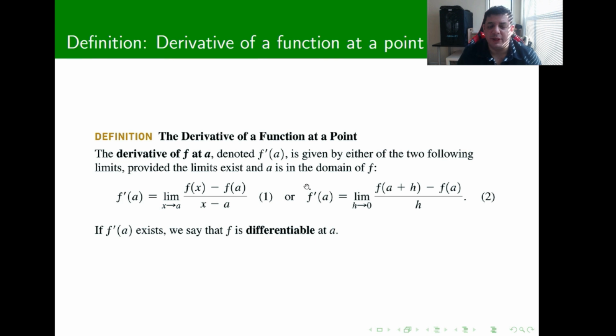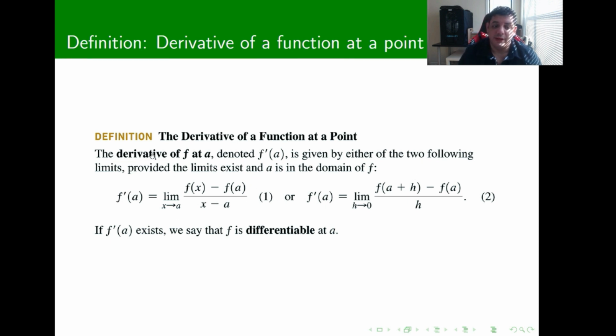Now, we can generalize this idea and talk about a function at a point. So we're going to talk about the derivative of f at the point a. And so now that slope of the tangent line is going to be called f prime of a. So the slope of the tangent line at the point a is going to be the function derivative evaluated at the point a. And it's going to be given by any of the two limits that we previously introduced,